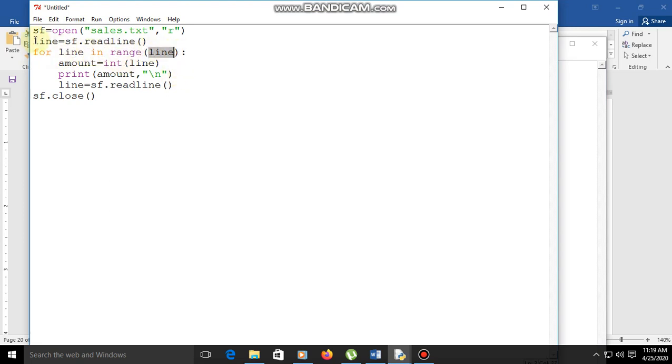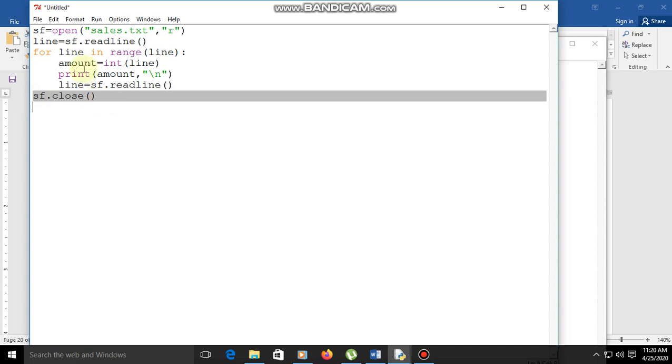One by one, the next amount equal to int line is loaded into the amount, then print the amount, separating the lines with slash n, and line equal to SF dot readline is loaded into the line, and that is repeated until the empty string. Then next SF dot close.